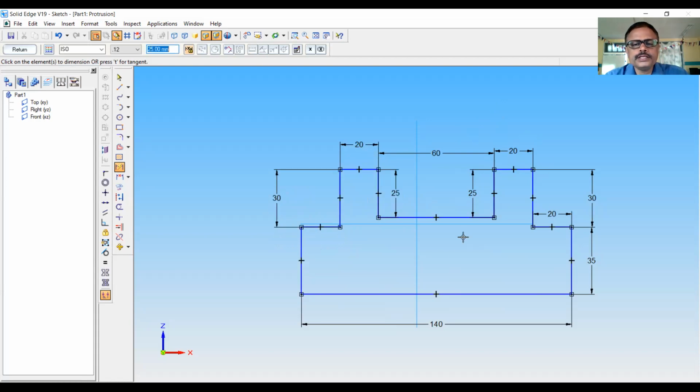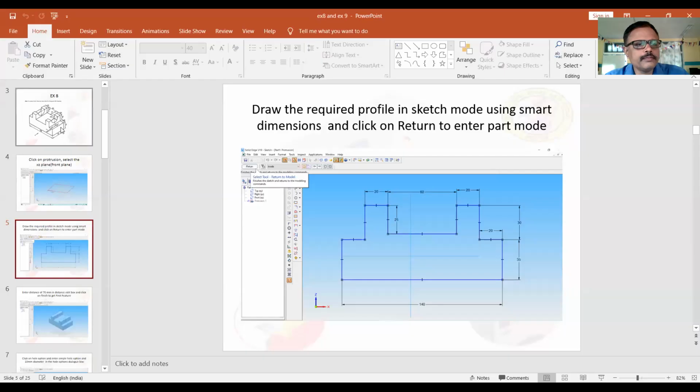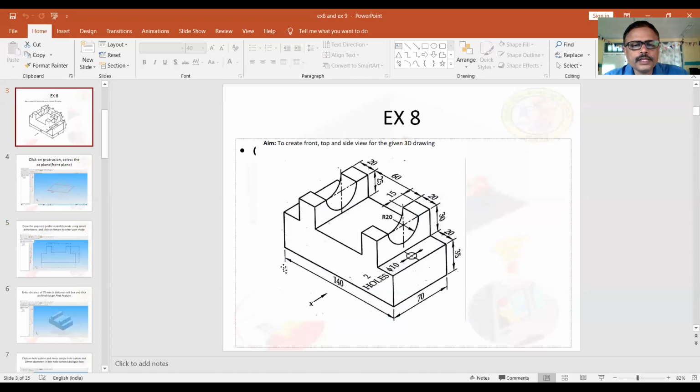Okay. See, what I have done is first I have drawn the profile required for my model. You can refer to the model here. This is my model. So you can see 140, 35, 20, 30, 20, and then this one is 25.